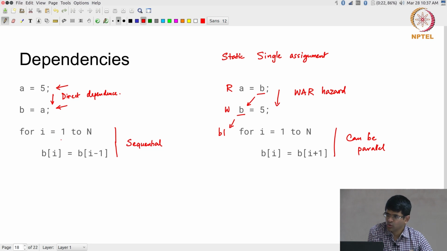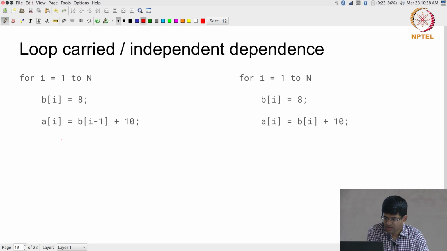You can construct more complex examples, especially once you bring in multiple variables over here, where I have some a of I minus 1 being assigned that is being used for b of I, right. So then I can have a slightly more complex dependency sitting over here, which is not quite easy to just get rid of by the compiler, but still has to be done sequentially because of the nature of the index variable. A related term, right, is something called a loop carried dependency, right, which basically says, let's look at this